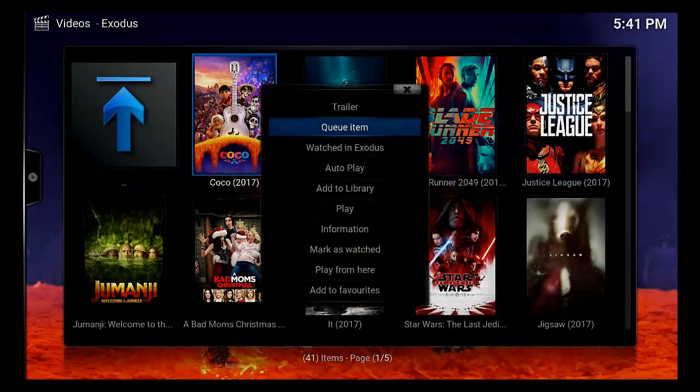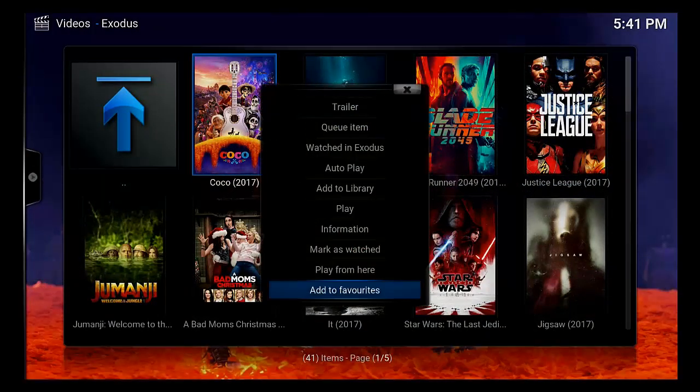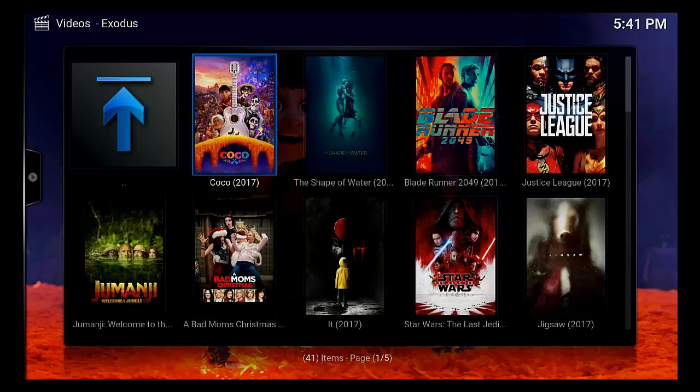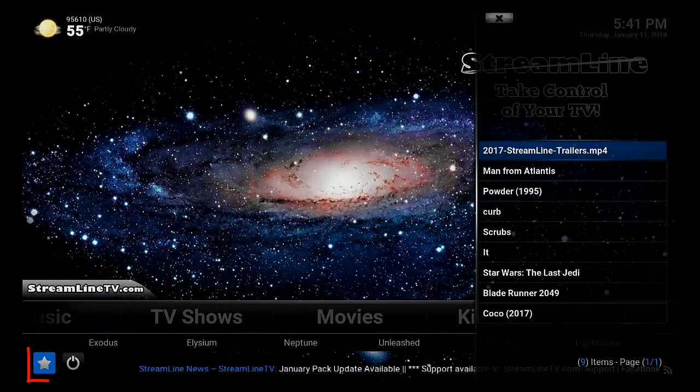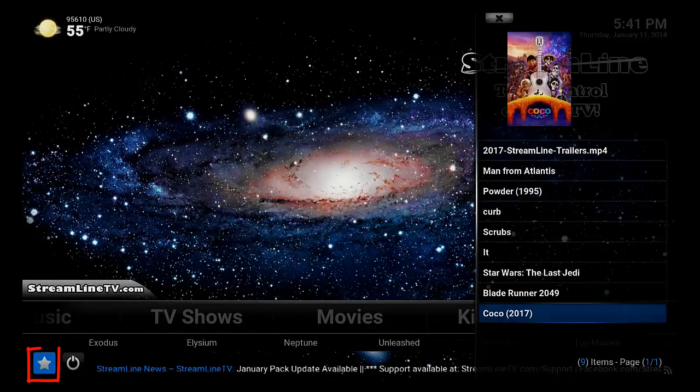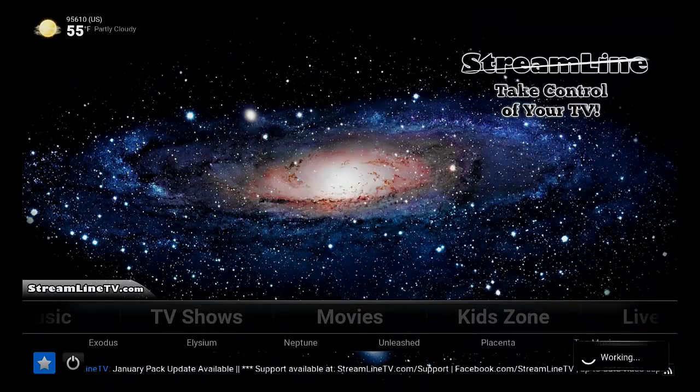And I'm just going to add this first one, Coco. So add to favorites. So in Exodus, I've added Coco to favorites, and the other ones that I added were from Elysium. So if I go back into my favorites and click on Coco,